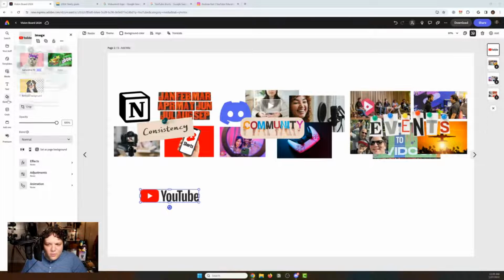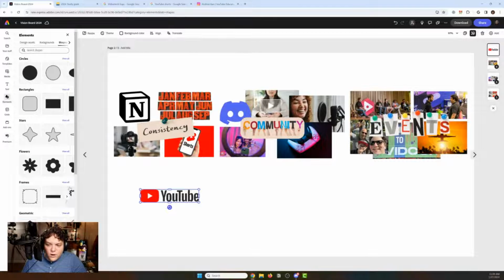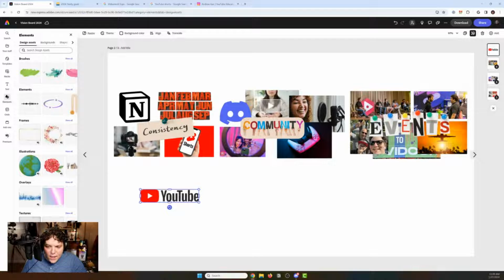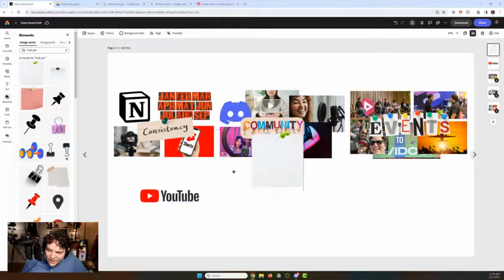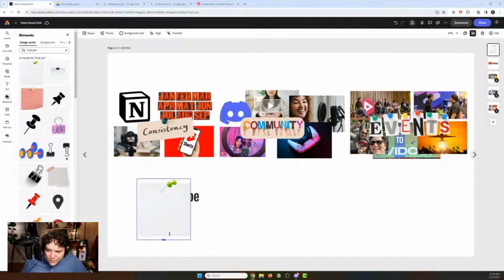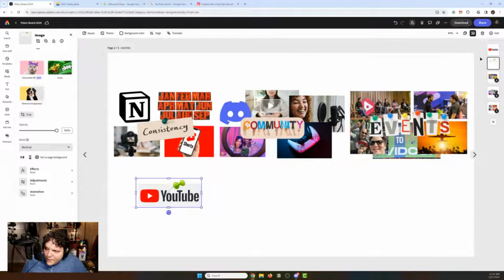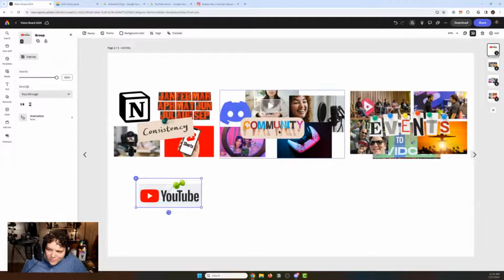Now I'm going to go back to elements. If I don't want to use one of these and maybe I want to do a design asset, I could type in pushpin and see what comes up. Maybe there are already some design elements, and look at here, there kind of are. So I could take this, crop it down, keep the idea. Perfect. Then have YouTube show above. And then maybe for this one, I just group YouTube in it. I kind of like this push pin idea I have going here. That's why I kept that idea going.